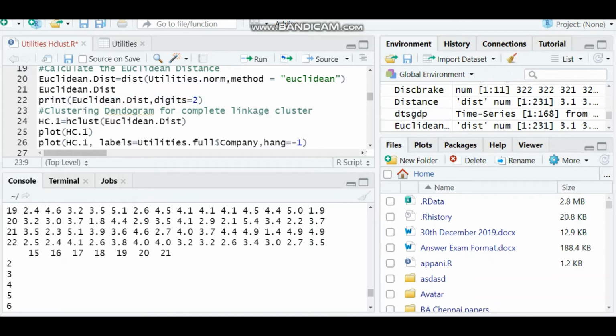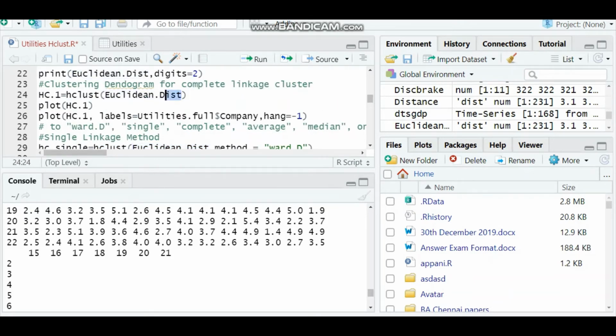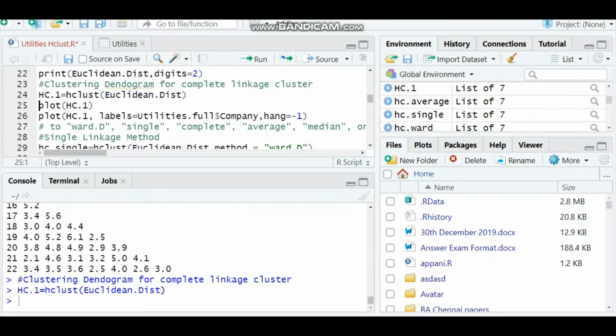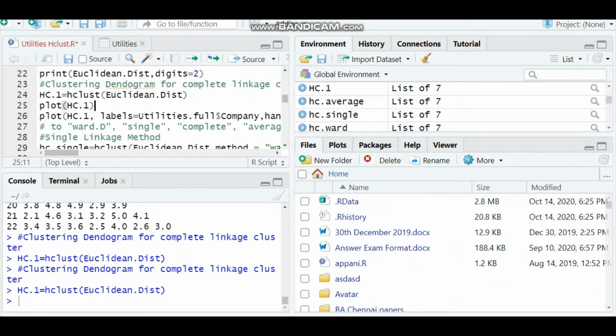Now if you want to visualize the Euclidean cluster, you have to write HC1. Okay, if you want to view the dendrogram, I'm giving the name HC1 is equal to the hclust function. Inside the hclust function you bring in the Euclidean distance data set you have recently calculated, and you run it. After running this you can plot this. I'll just keep this plot screen a little bit bigger. So to plot this, I'm writing plot HC1, enter,